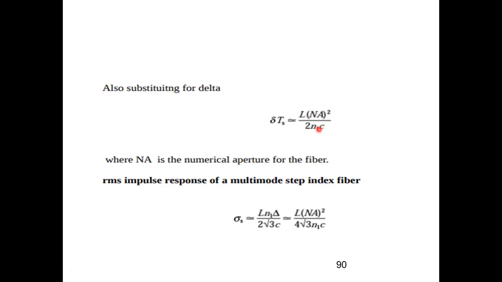So you have 3 variations of the same formula. Whichever one is asked, if nothing is asked, then you are free to derive any one of them. But whichever specific one out of these 3 they have asked, you have to reach that particular point, because NA, delta, N1, C and all are interrelated with each other.